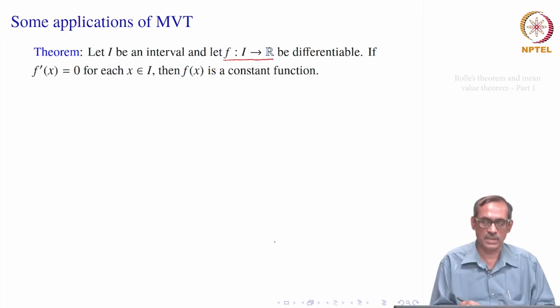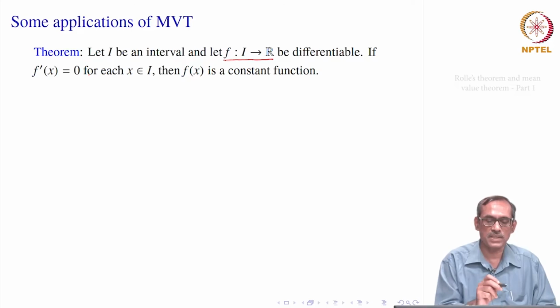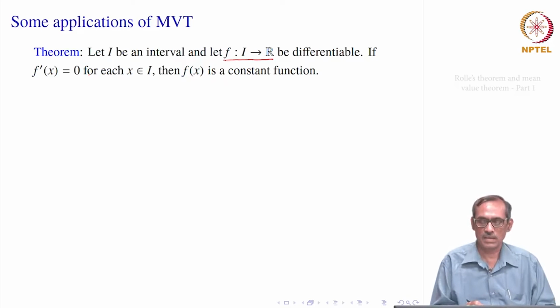If it is a closed interval, of course, one sided limits are there. So, if f prime x equal to 0 for each x in the interval, then f x is a constant function. So, we want to show what is written: f prime x equal to 0 for each x. In fact, if you take f of x as a constant function, then its derivative will be equal to 0, that we know, but it says something about the converse. If it is an interval and on the whole of the interval you get derivative equal to 0 at every point of the interval, then f of x must be a constant function.